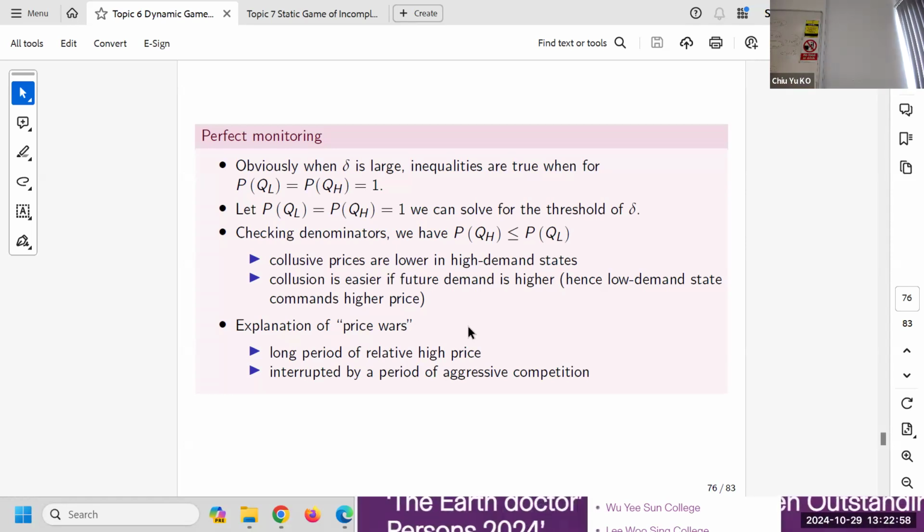Usually, when you see a high price, there was some kind of aggressive competition. That is what they're doing. But I'll try to answer the question after the break. I'll check out the answer.